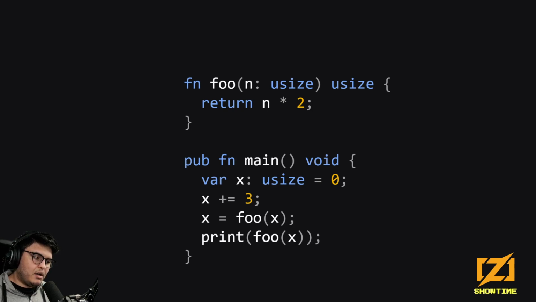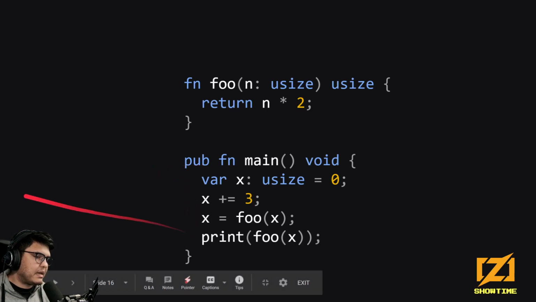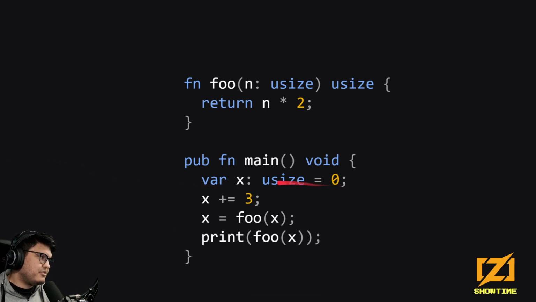So if you're new to programming, one way of visualizing this is to say that we have an arrow that says which line we are executing, and we start from here. Well, we start from the beginning of main, and then we go down line by line, one at a time. The first line just declares the existence of x. It also sets it to 0, but maybe that's a detail that you don't care about much when you're learning. And then you notice that x is being modified. So you can even think of saying, x lives in that line, and I'm going to change what the value stored in that line is.